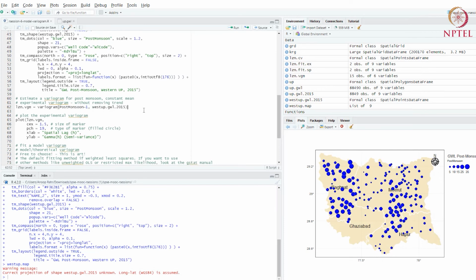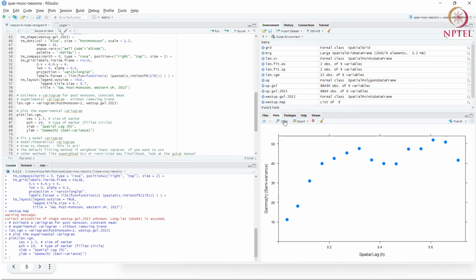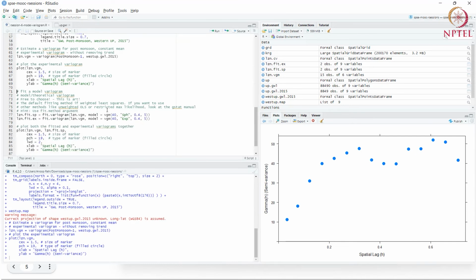So remember that when we assume a constant mean, we estimate our variogram using the formula where the right-hand side is 1. Basically, we're saying that the mean is constant. We are regressing on a constant. We're not estimating the trend using some covariates. So let's estimate our variogram and then plot it, and we get something that looks like this. This is our experimental variogram. So what we've done is we've replicated the same process from last time that we did on the Meuse data set. This time, we've done it on a new data set. So we haven't done anything new.